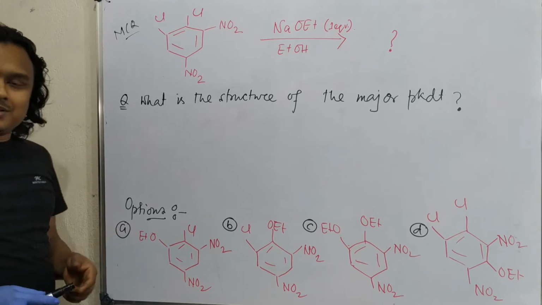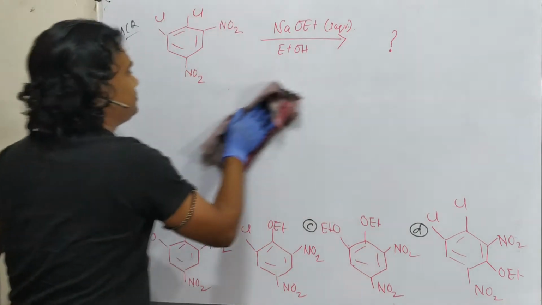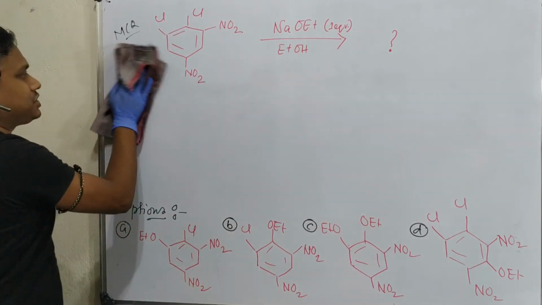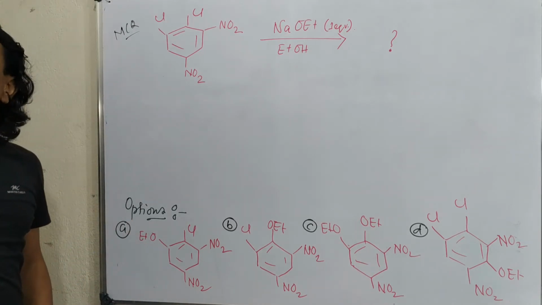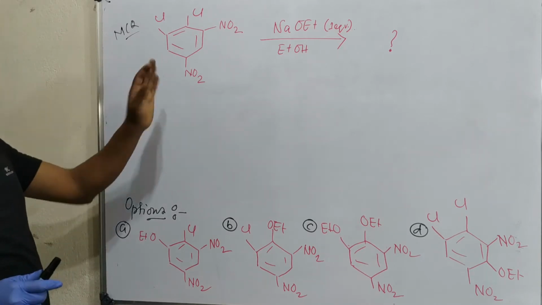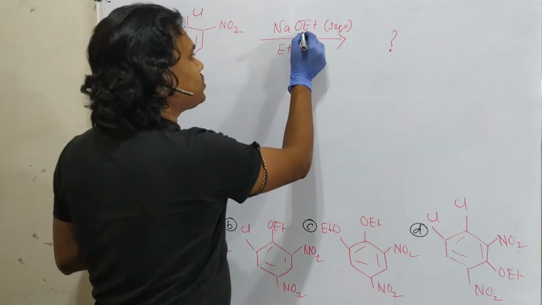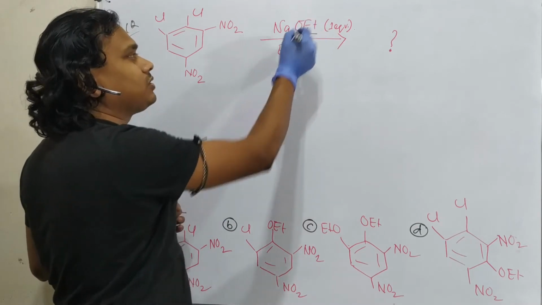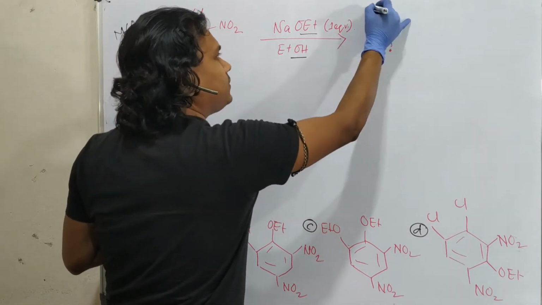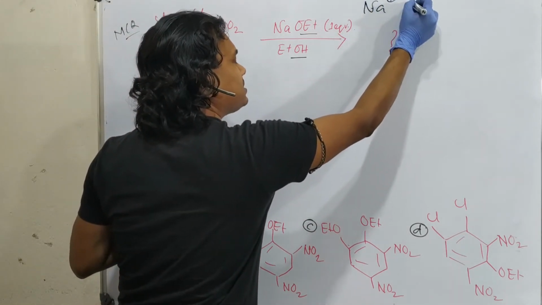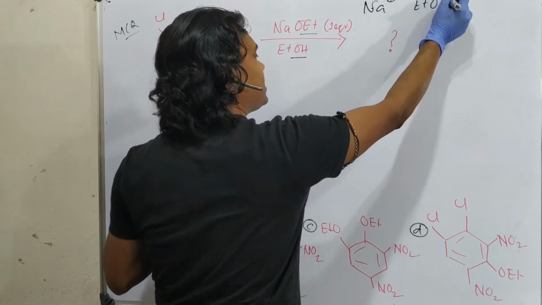So, let's start. As usual, first I request you, please read the reagents carefully. Because if you read the reagents and reaction conditions, the job becomes easier to find out the product. This is sodium ethoxide in ethanol. This ethanol is a solvent, and sodium ethoxide you can consider the reagent. Sodium ethoxide is a salt-type molecule, consisting of sodium plus and ethoxide minus.